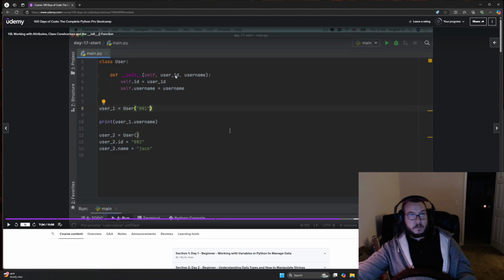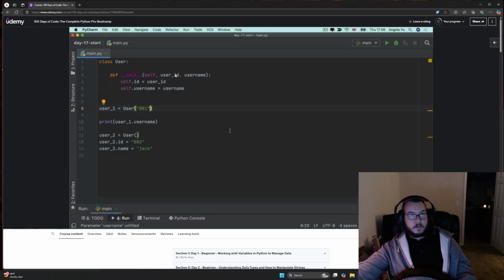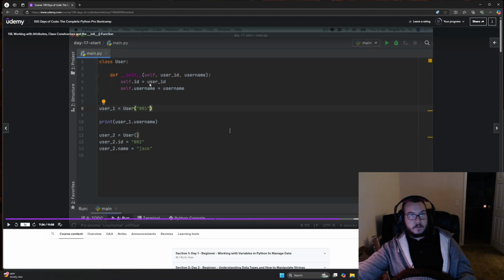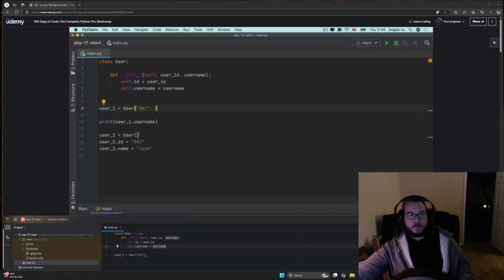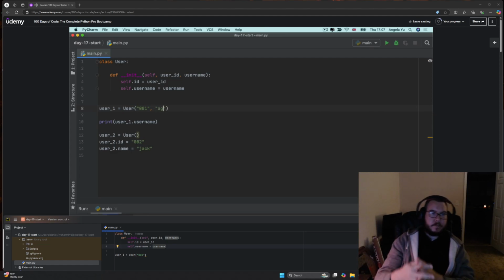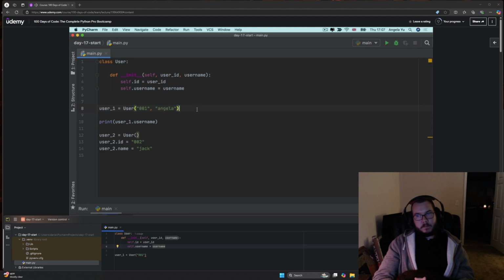The parameter name can be whatever you want. Yeah, and then you just set it equal to whatever. So that's familiar enough. Have our user ID being passed in, and I can now pass in the second attribute, which is the username. So my username was going to be Angela, and now we've created a new user, which is user_1, from this user class, and we're initializing it with these